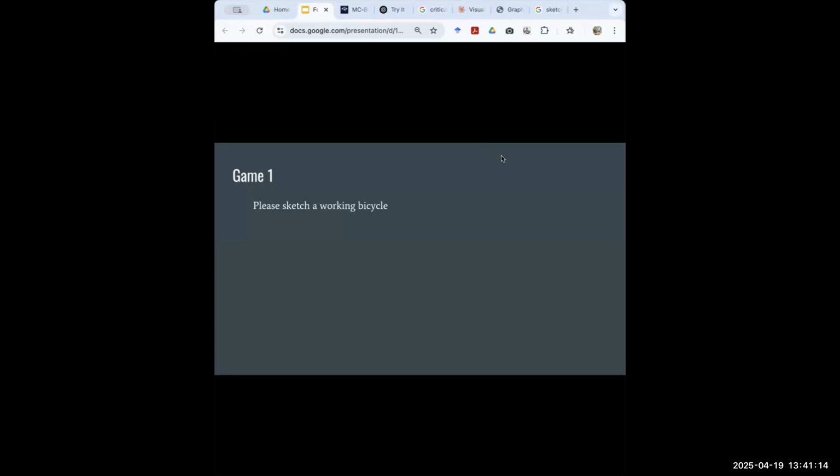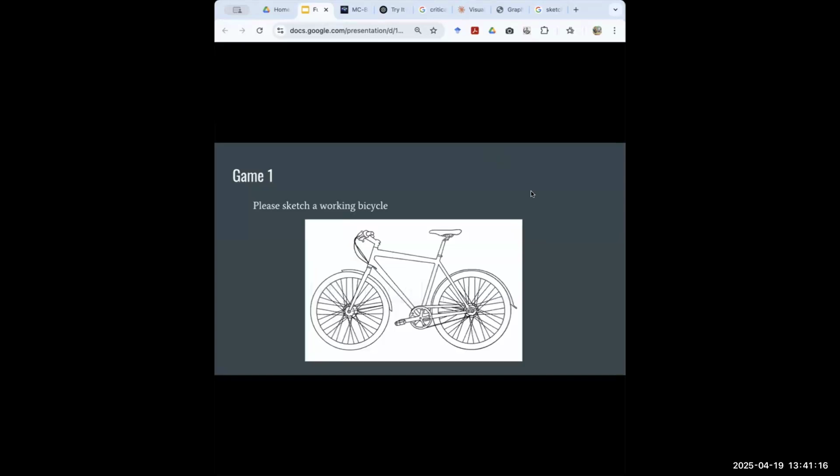About 2 minutes. I compare this with an actually functional bicycle. So probably we have a rough idea of how the bicycle will look when you actually look at how the functional pieces are. I can't see what they are drawing, so I can't really compare. But if you can compare this with what they are doing yourself, and see if it's actually simplifying some components of the bicycles, if it's actually functional.